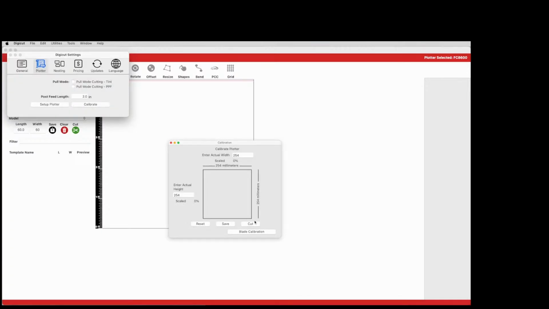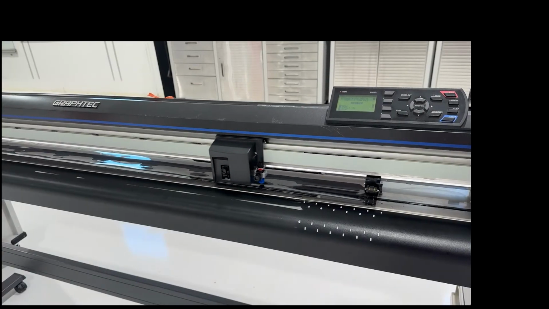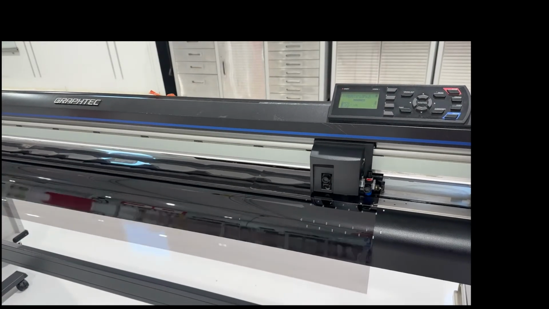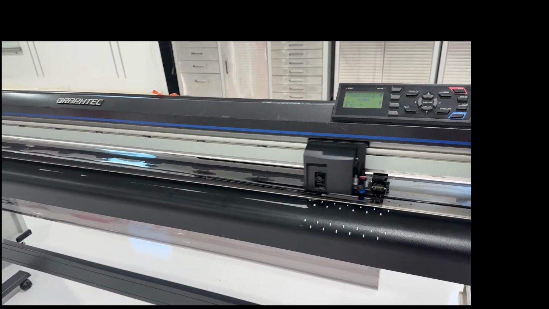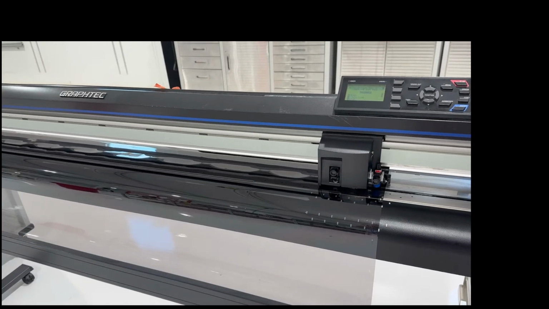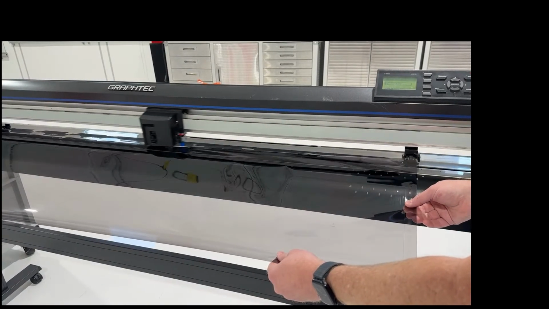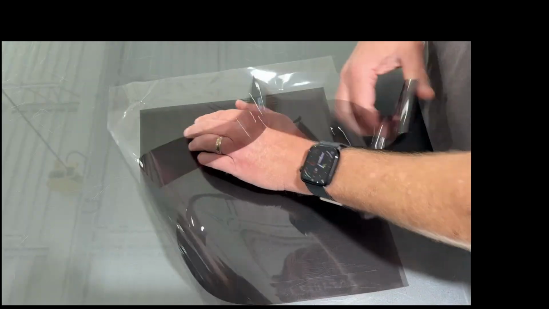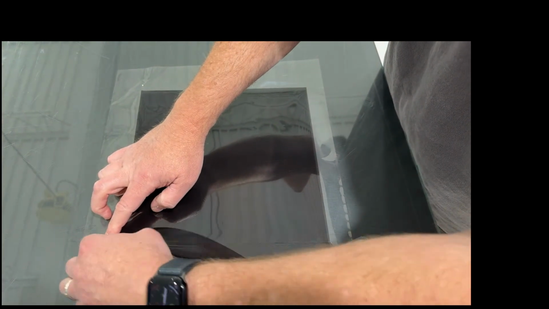What you want to do is click on calibrate plotter. At that point, you cut, and you're going to cut a 10-inch square, or 254 millimeters. Now once you weed that square,